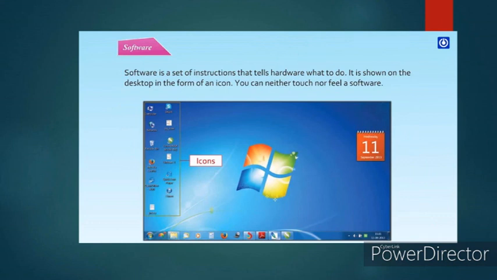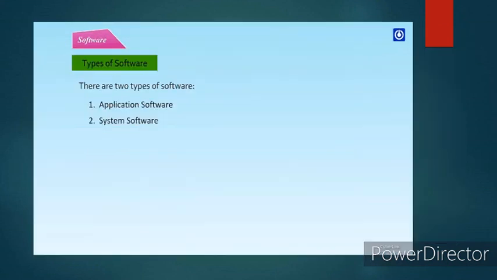Software is a set of instructions that tell hardware what to do. This is shown on the desktop in the form of icons. You can neither touch nor feel software. See the figure. He has given their desktop screen: My Computer, Network, Mozilla, there are a lot of small pictures. This is called an icon.